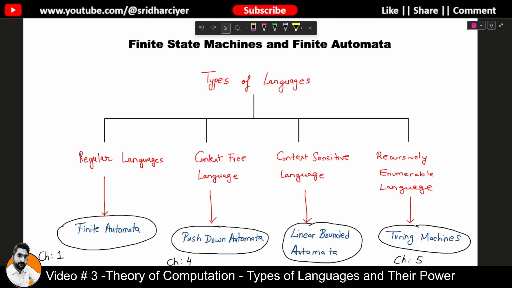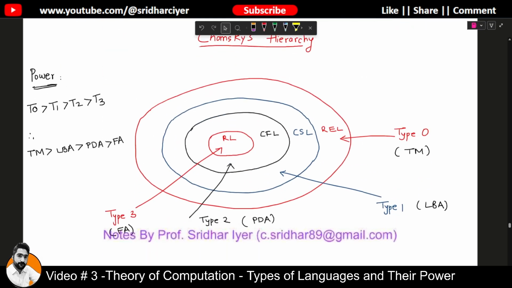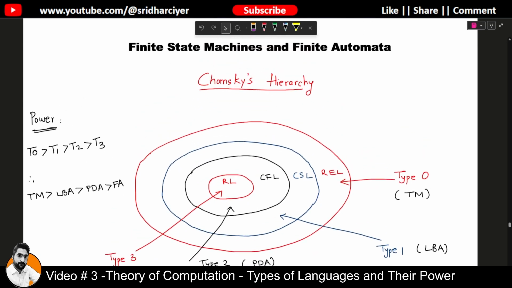At this point of time, I'm simply discussing what are the various types of languages and what is their power. So let me show you one concept called Chomsky's hierarchy. Chomsky's hierarchy is nothing but a very beautiful visualization which enables you to understand which sort of a language is accepted by which sort of a machine and what is their power in terms of acceptance or in terms of